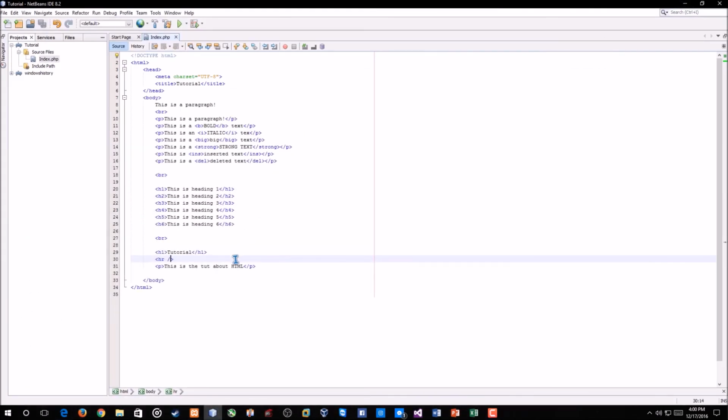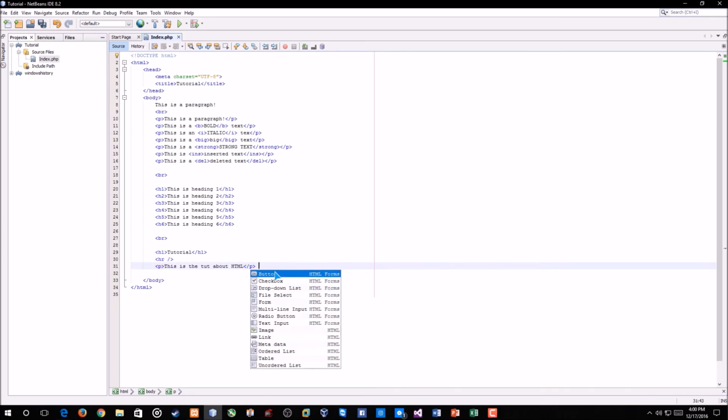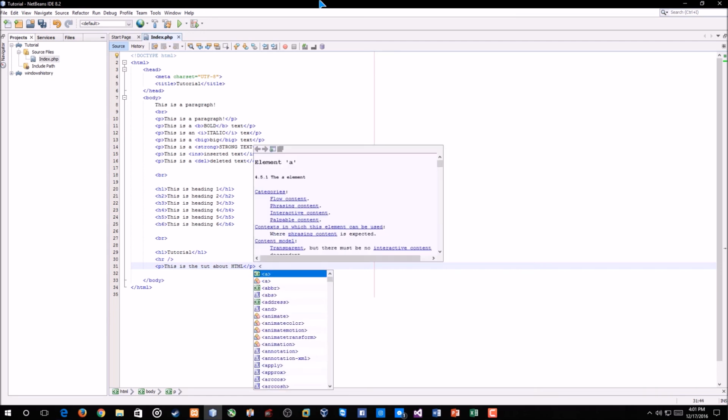Now if you want to add a comment, because if you make a website, you have to make multiple pages, and if there are multiple pages, you have to make multiple PHPs, like I do. And you have to add a comment to find more easily where that paragraph is, or where that thing is. So for making a comment, you have to type